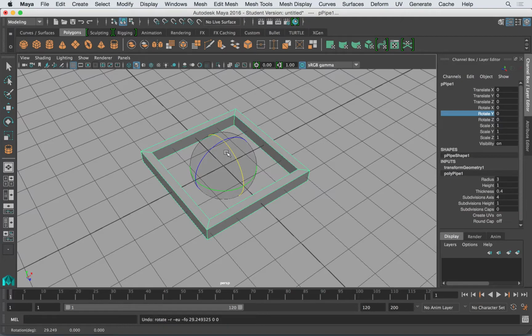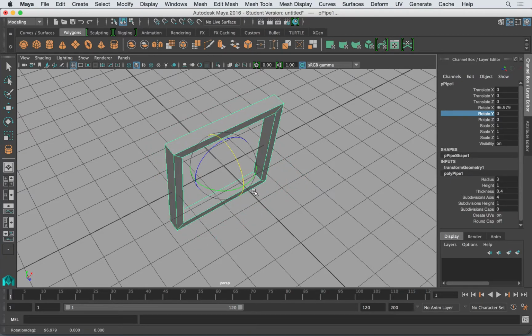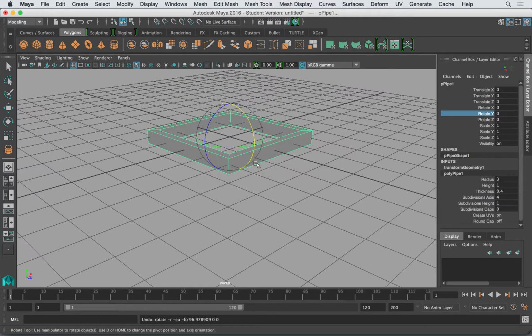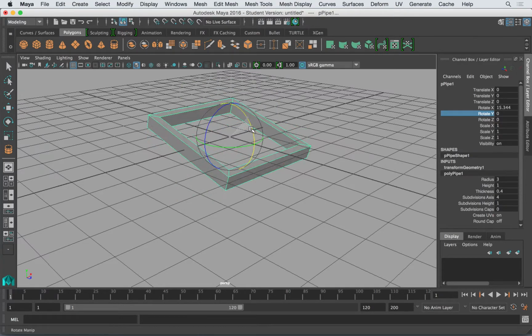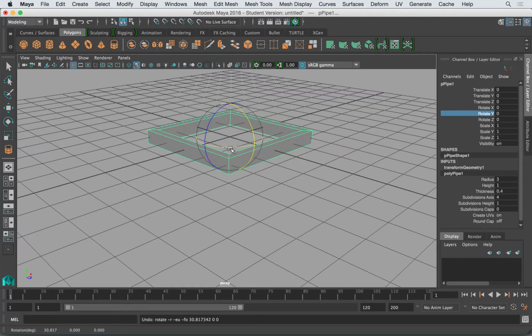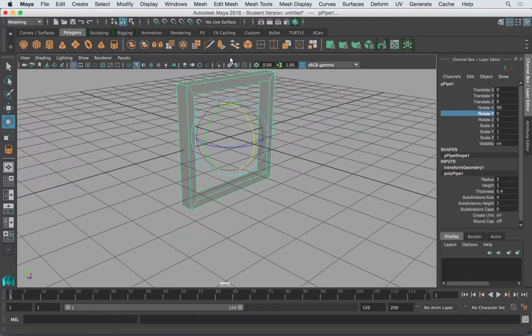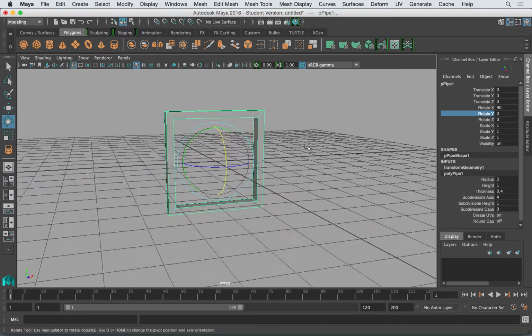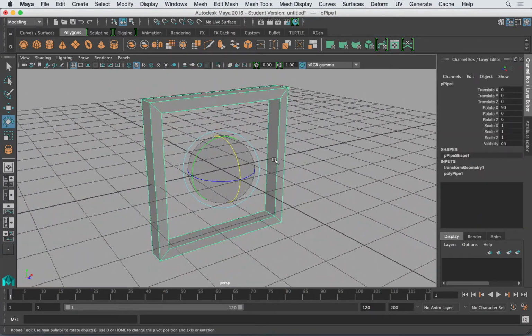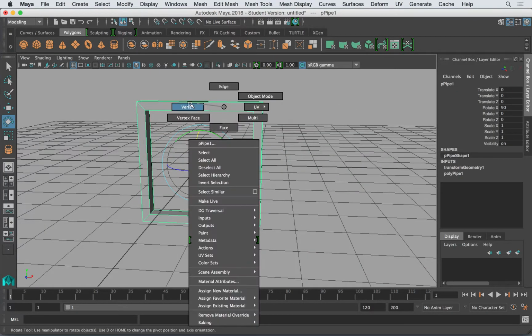So I can just hold on the J and rotate it. Let's see. It's not working now. Well, the rotation tool, we can always go to the settings, reset the tool, and now it snaps. So 90 degrees. So that's the frame. Now whenever you make the frame, of course you can size it,